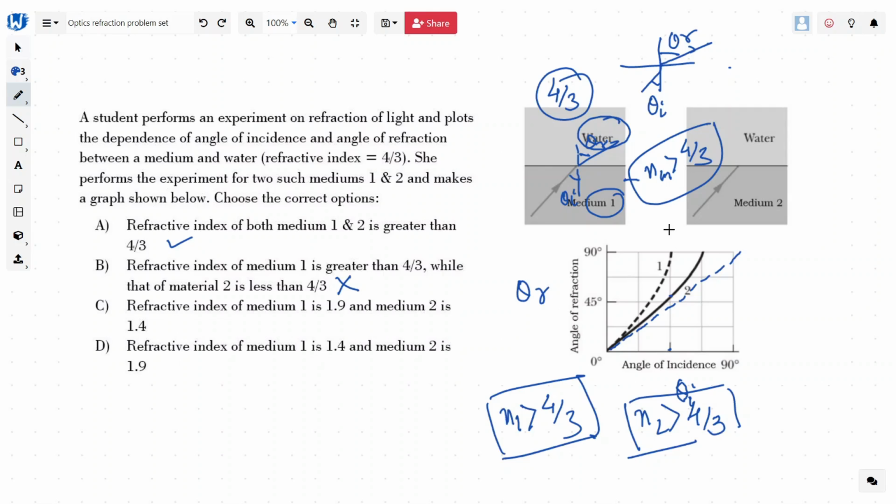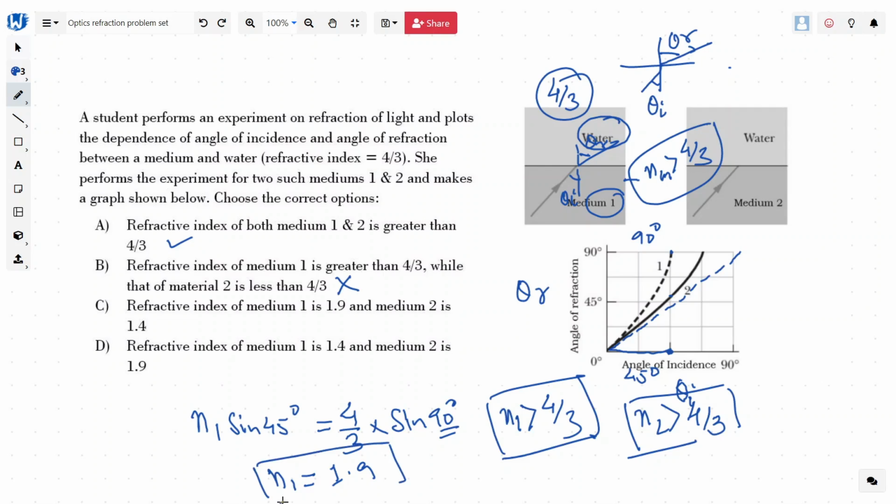So now we need to calculate the refractive index of medium 1. So how do we do that? It's quite easy. If we just look at the angle of incidence here, which is 45 degrees, the angle of refraction here becomes 90 degrees. Now we can simply write our equation for medium 1: n1 sine 45, this is our angle of incidence, and then the angle of refraction becomes 90, which is water, 4/3 into sine 90, which is 1. So you will find that n1 is finally going to be